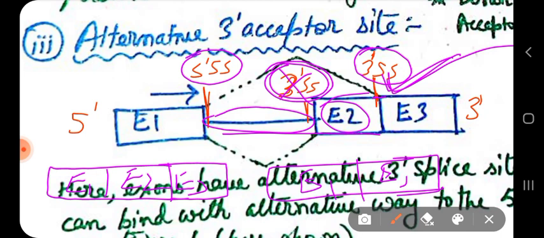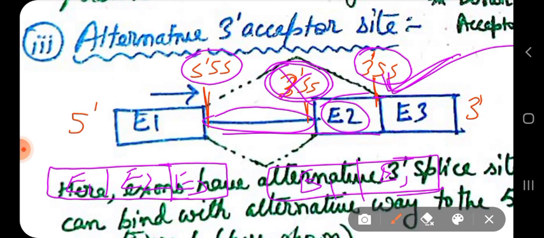Okay, so this is the case that due to the presence of alternative 3' splice site as shown in this figure,